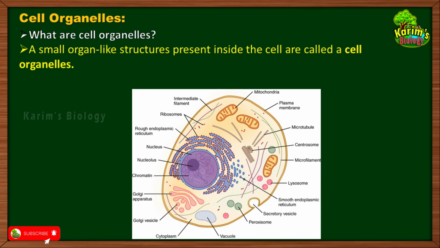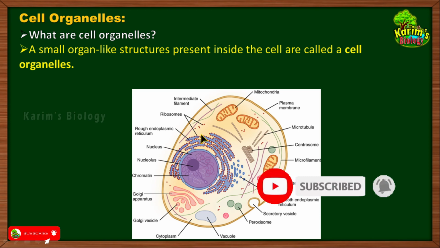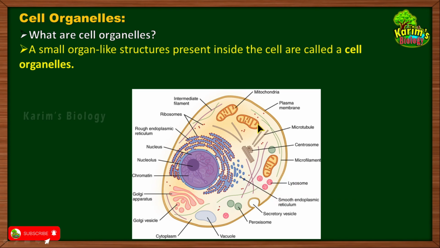Why are they called cell organelles? Because like we have organs in our body that are collectively performing functions, all these organelles in the cell also perform similar functions. For instance, we perform respiration with the help of our lungs. Within the cell, separate organelles perform respiration, such as mitochondria. In our body, blood is able to transport substances. Within the cell, organelles such as the endoplasmic reticulum are responsible for the transport of substances. They are very tiny, submicroscopic, visible only under an electron microscope. As they are very small, instead of calling them organs, we call them organelles. Okay, so that's about cell organelles.